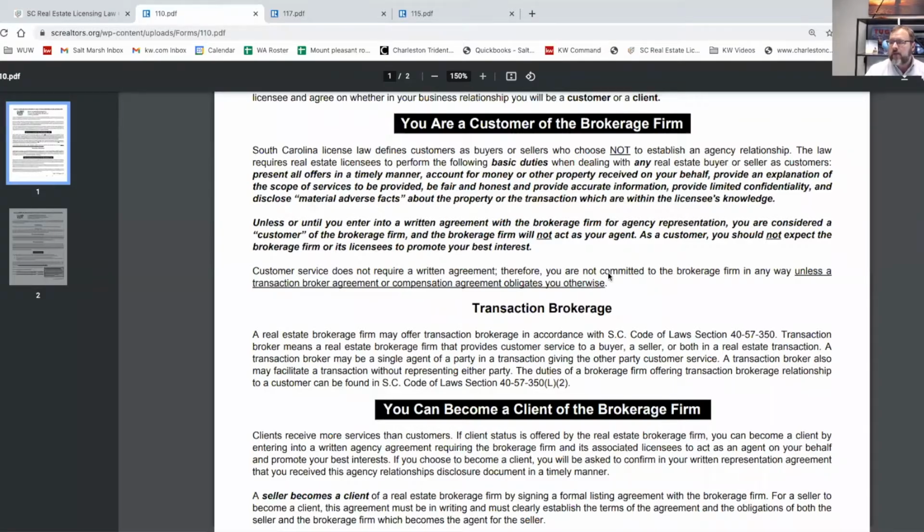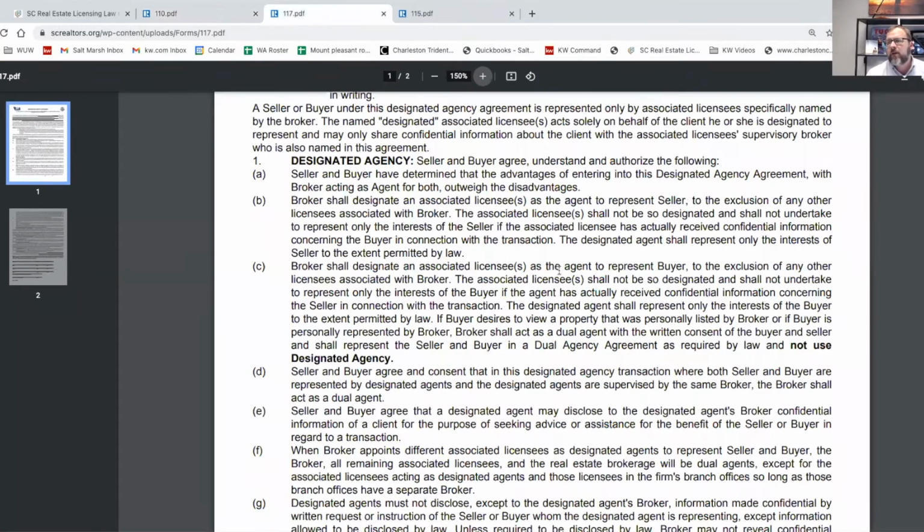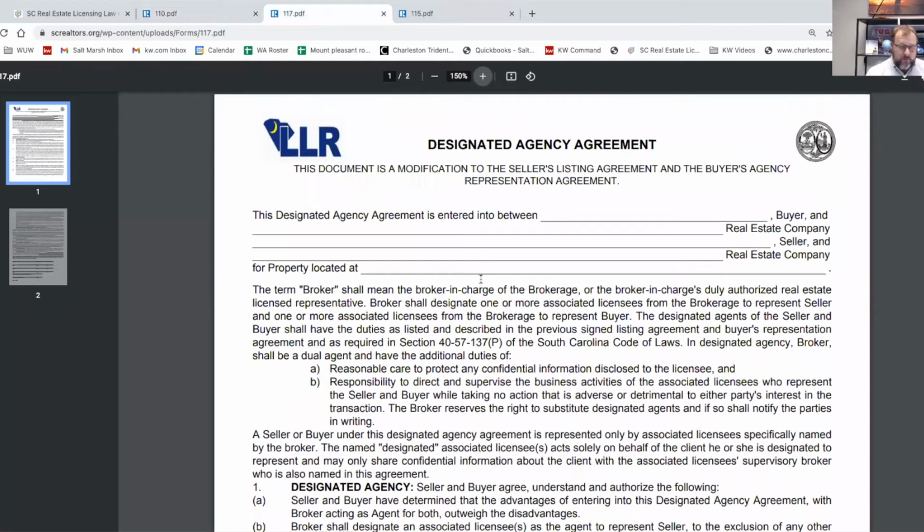So you present to them the options that they have, and then in the event they do want you to represent them and you are entering into a dual agent situation, either designated or disclosed dual, then you'll have the proper form signed. So let's jump to the forms because that's another point of confusion a little bit right now. So I just want to jump into them and review them with you. So if you are working with a client, you have an agency relationship with them, and that client is going to go into a transaction with any other of the Keller Williams agents that are licensed with Keller Williams Charleston, West Ashley, Keller Williams Mount Pleasant, Keller Williams Islands, or Keller Williams Key in Somerville,